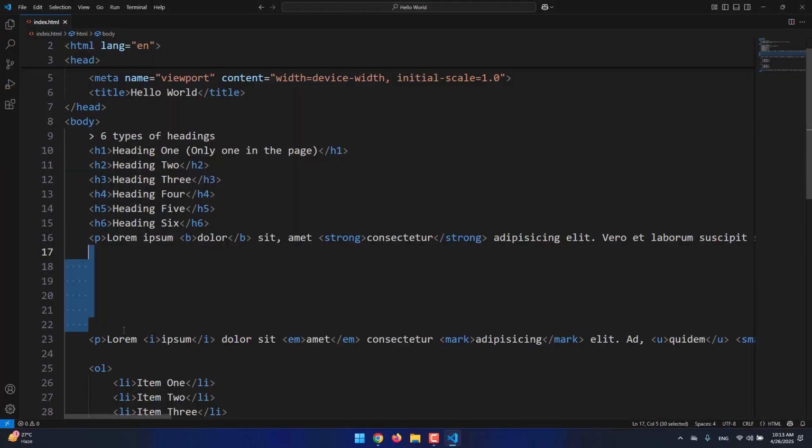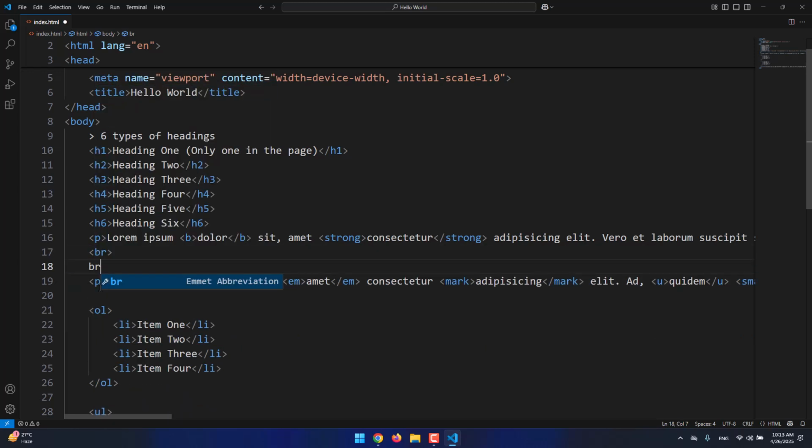This is because in HTML, the space between quotes doesn't matter at all. So in order to show the line break or a white space or something like that, you need to use its own tag. You know what I'm saying? So the tag we have for line breaks is BR. I can